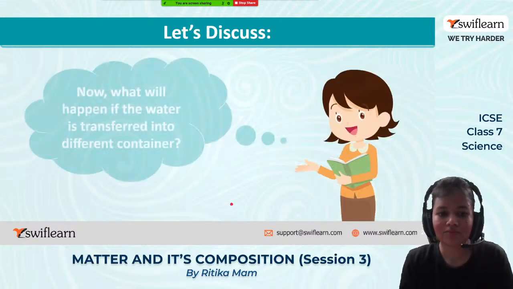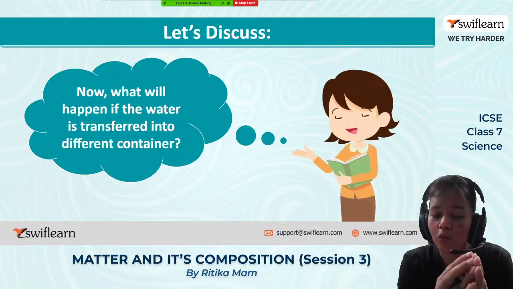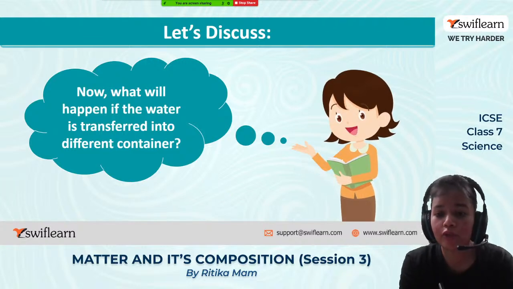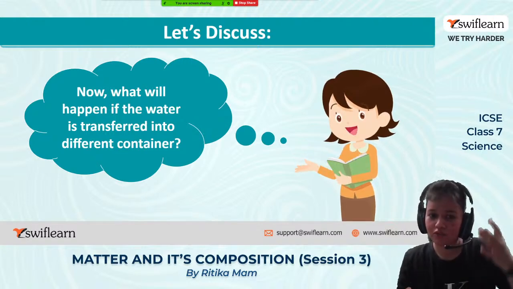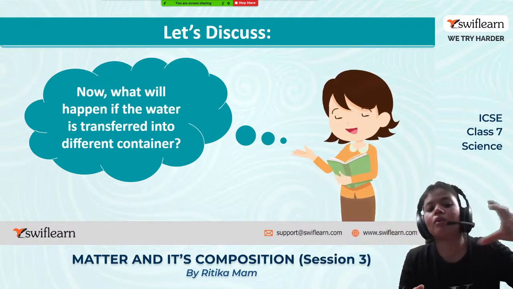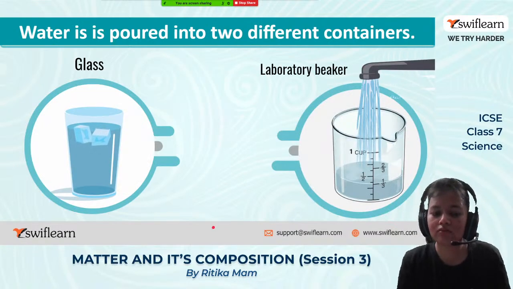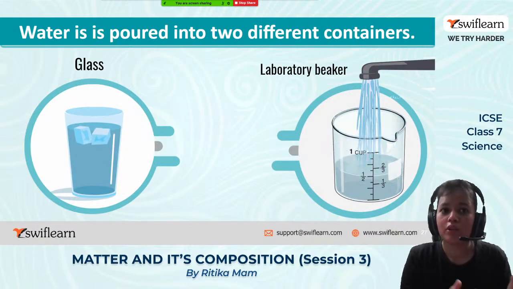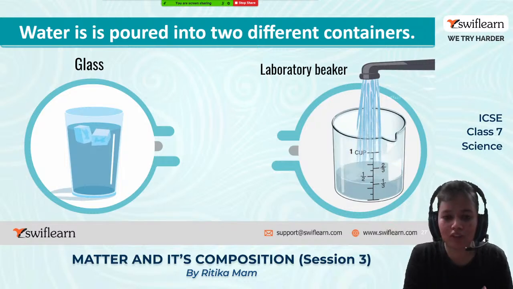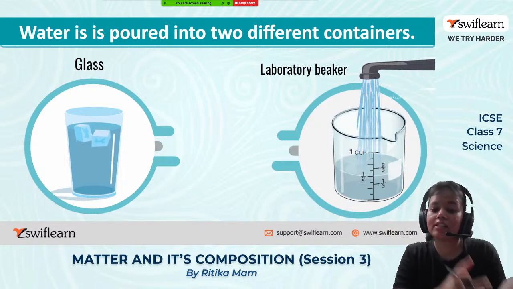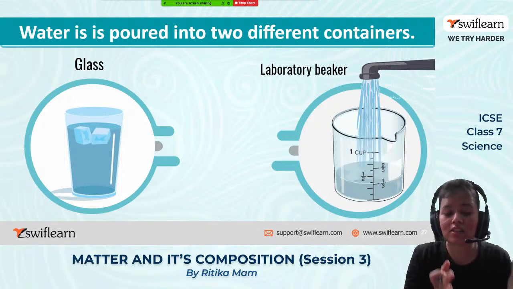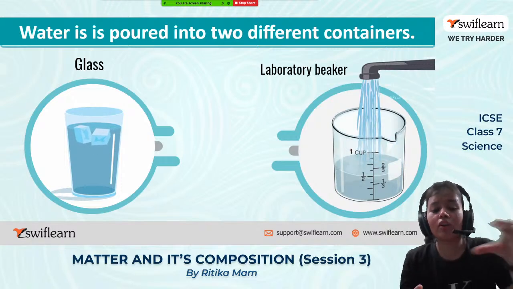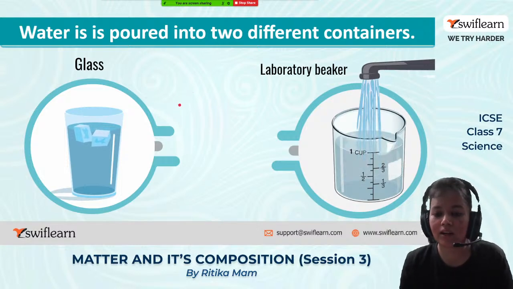Okay, if we transfer water or any other liquid from one container to another, let us consider I am transferring water from a jug to a glass. What will happen? The water which took the shape of the jug in the first condition, now it will be taking the shape of the glass. तो जो water ने जग का shape ले रखा था, वो pour करने के बाद glass का shape लेगा, right?